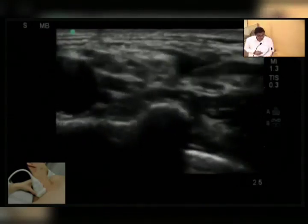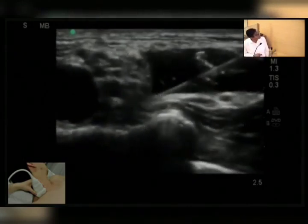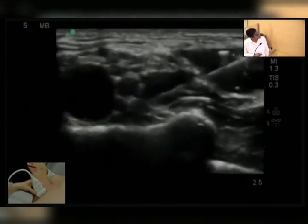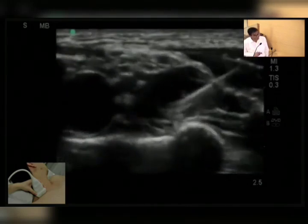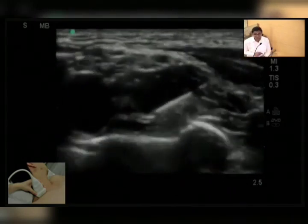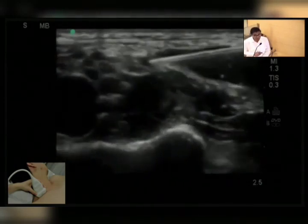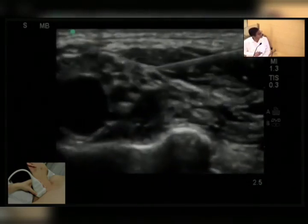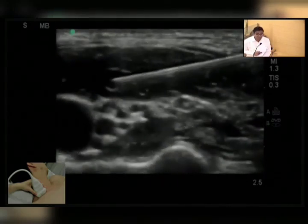Needle will come from lateral to medial, puncturing the skin, subcutaneous tissue and inferior belly of omohyoid, puncturing the cervical axillary fascia, and I am going toward the corner pocket area, not to spare the ulnar nerve, lower trunk specifically. I am injecting 15 ml of local anesthetic, and if the drug distribution is not proper, then I will again redirect toward the upper and medial trunk,